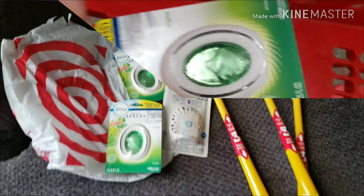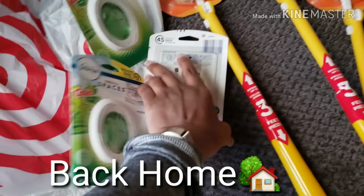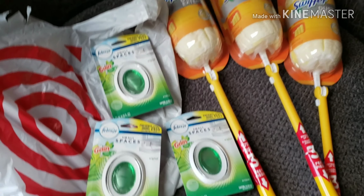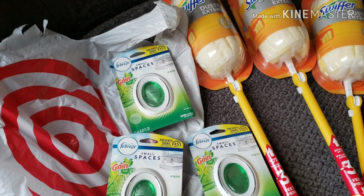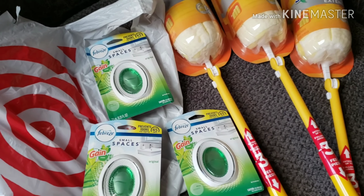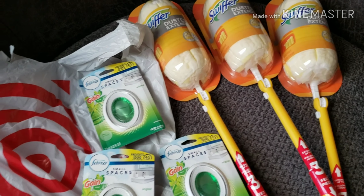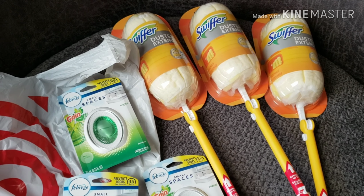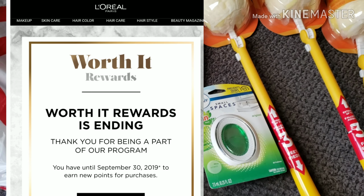Let's go check out. Okay, just wanted to share real quick my Target haul. I didn't pick up a lot. I just wanted to do a little couponing at Target because I hadn't been there in a while. And I also had earned 2 gift cards, one from the L'Oreal Rewards program. It's ending October 31st, FYI, if any of you guys are in that program. So I had enough points to redeem a $5 gift card. And then I had a $5 gift card from the past